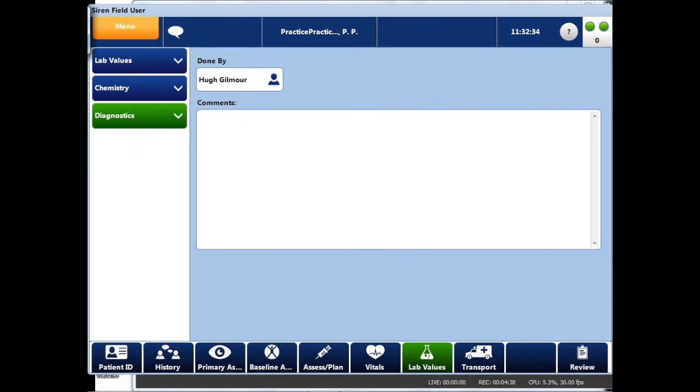That's really all there is to say about the lab values tab. It's not, again, particularly relevant to ground ambulance and industrial operations, but thanks for listening regardless,